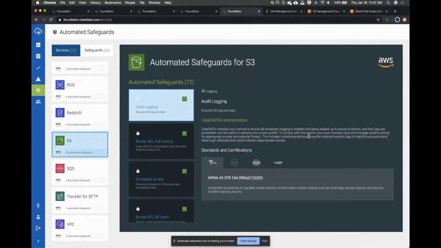So we're ensuring all the necessary logging is enabled as we interpret it, and we're retaining it. And then we show you which HIPAA CFR or GDPR article or ISO standard or NIST standard that these all apply to. And that is really helpful information for you to go to the auditors